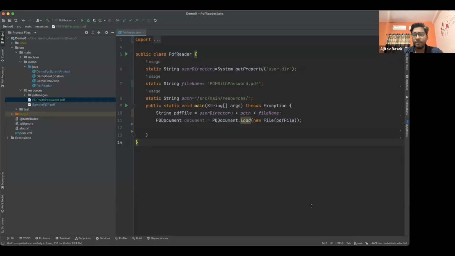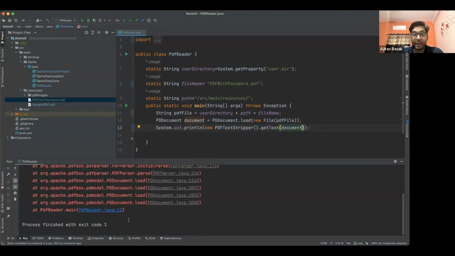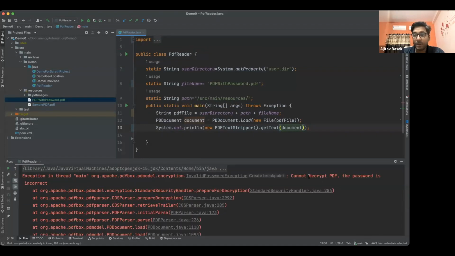So let's say I want to read data from that file. Let's see what happens when we do not try to enter the password. Here the file is already loaded. So we will try to print the content of the PDF and we'll see what happens. Let's just execute this code. We have an error at line number 12. What does the error say? If we go up: cannot decrypt PDF, the password is incorrect, invalid password exception,